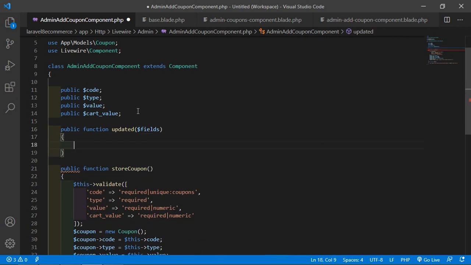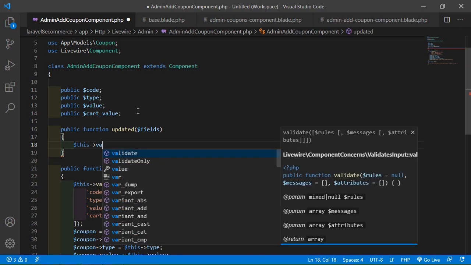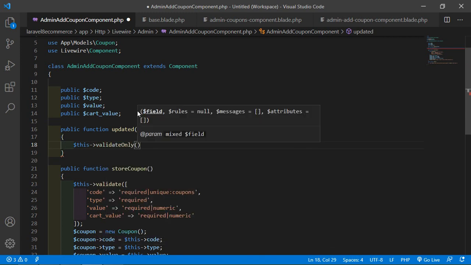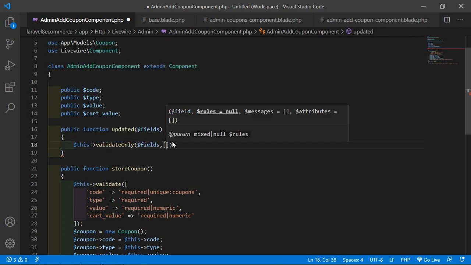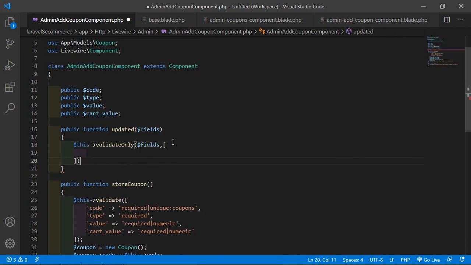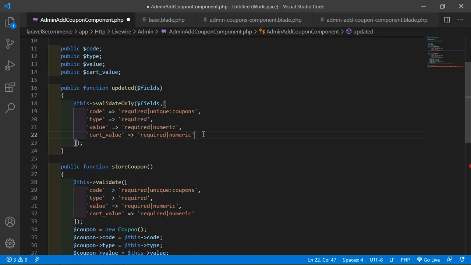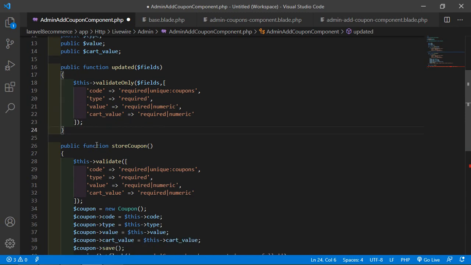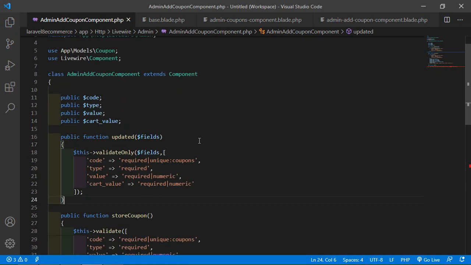Okay, and then $this->validateOnly, this one, and inside this first pass this $fields, comma, add here the arrow sign, and inside this big bracket I'm just going to copy this in this column and paste here. All right, okay, now save this file.